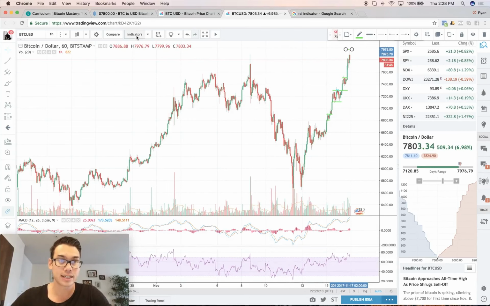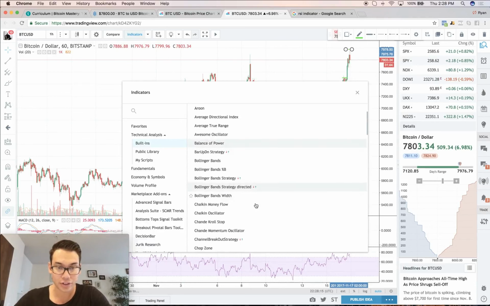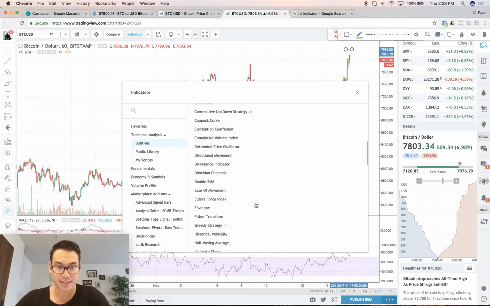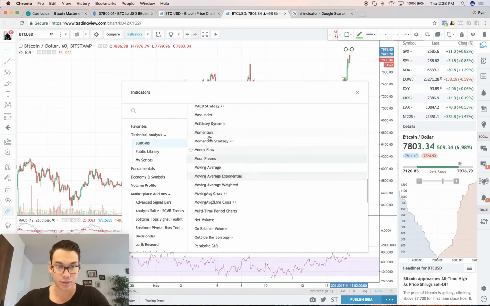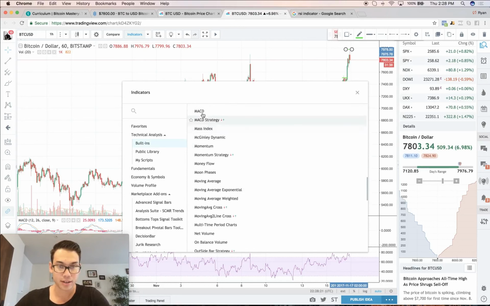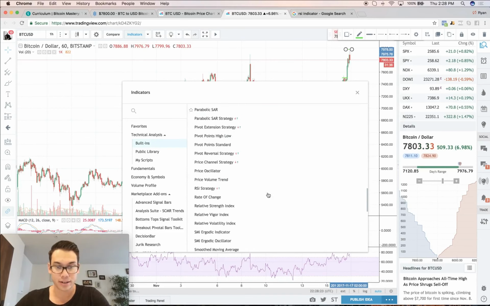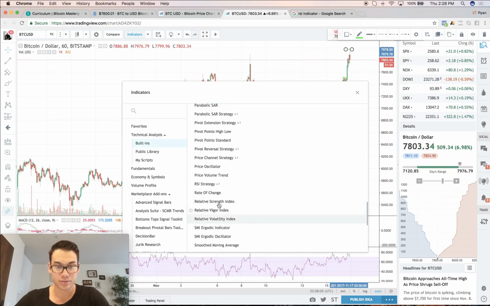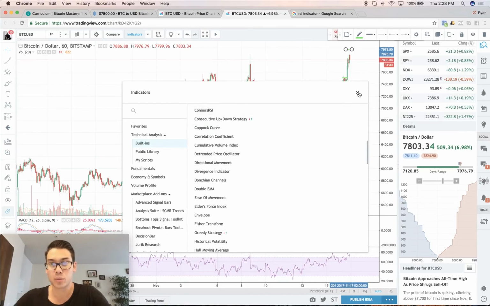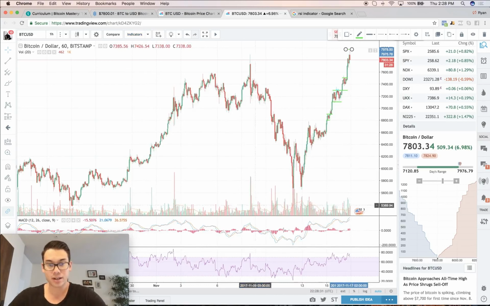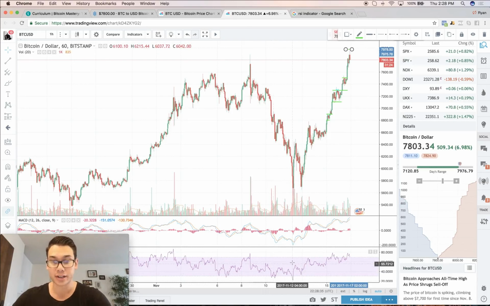You can go here to indicators. You can add your MACDs in here. If we scroll down, your MACD was up there, and your RSI would be down here in the R's, Relative Strength Index. And you can also add some Bollinger Bands if you want. But for right now, I'm going to talk about these two. So the RSI is a momentum oscillator, and this one shows overbought and oversold conditions. So as you can see